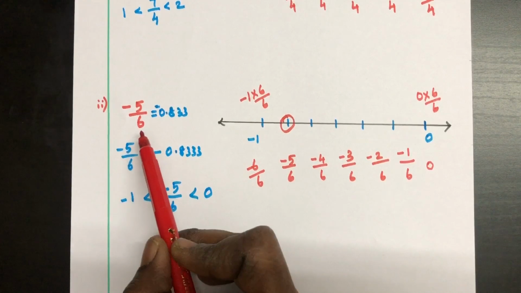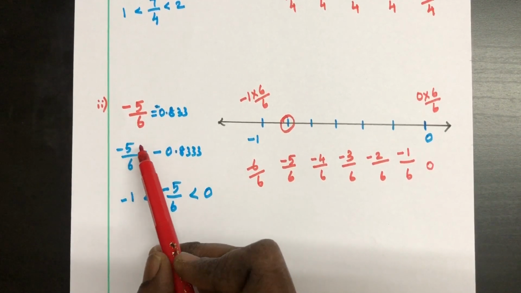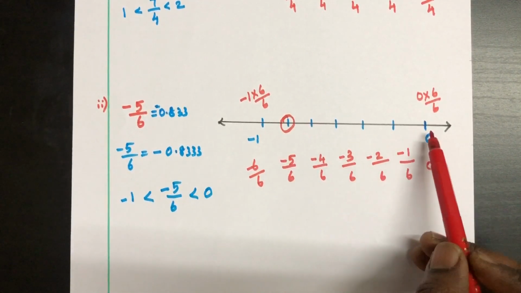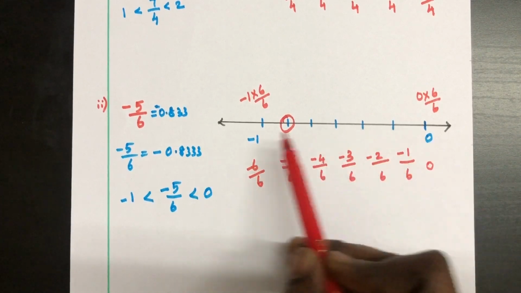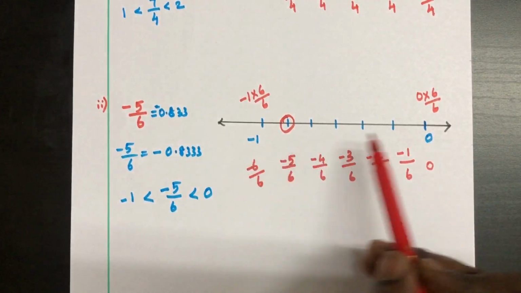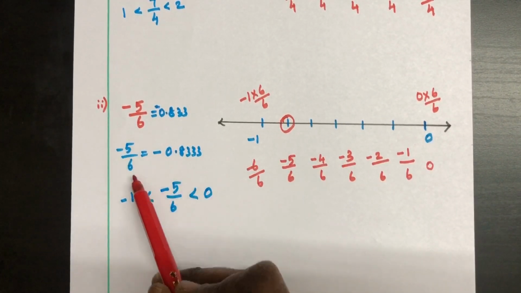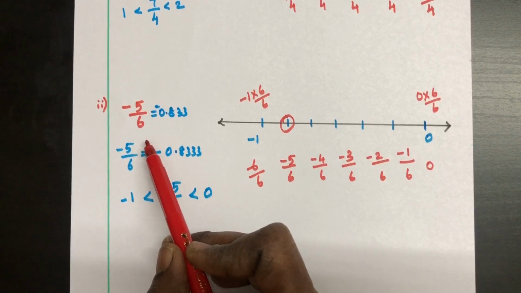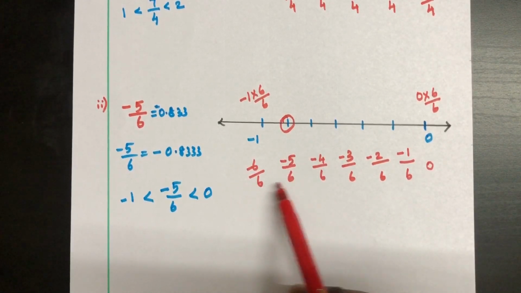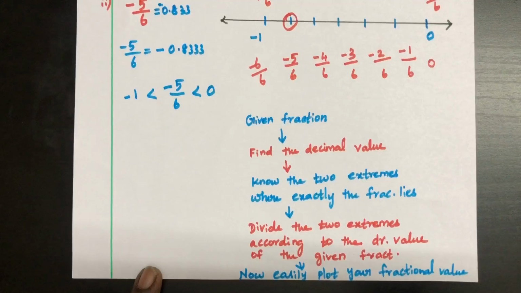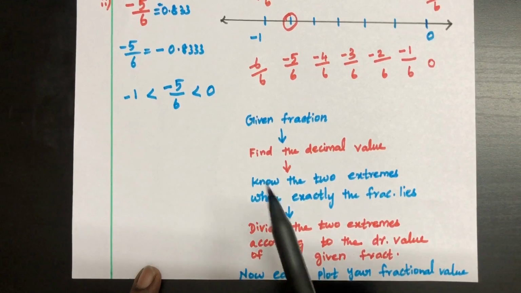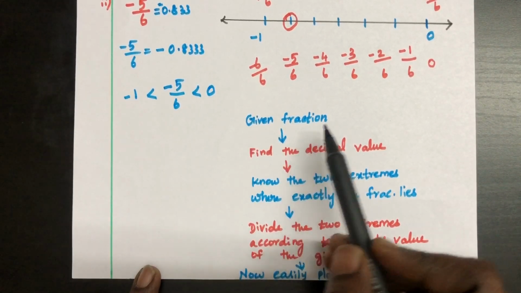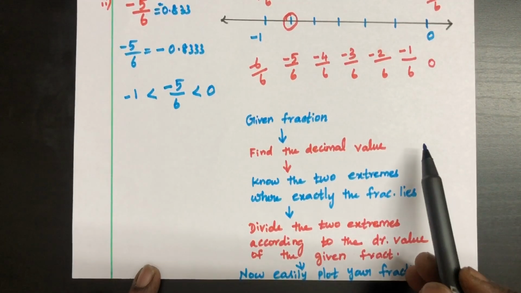After that, see the denominator. According to this denominator, you can divide the number of parts in between the two extreme numbers where this fraction falls. So after that, you can easily plot your points. That's all. In simple, if you are given a fraction and need to find the place where it belongs, just